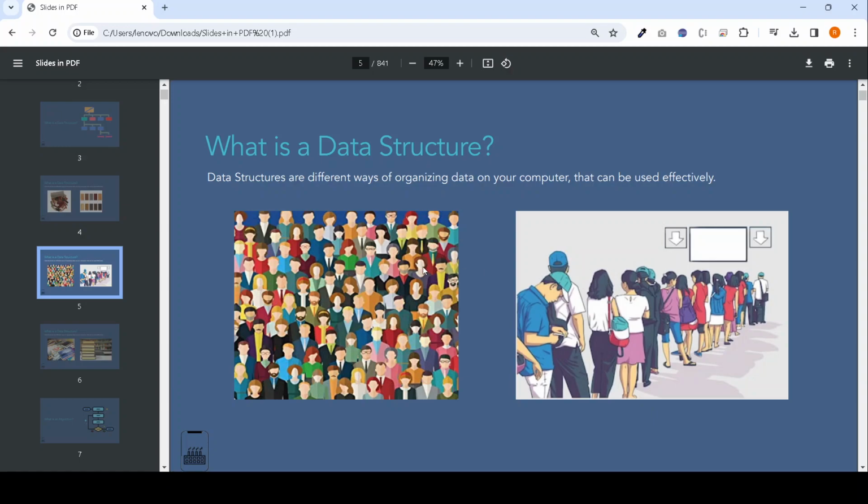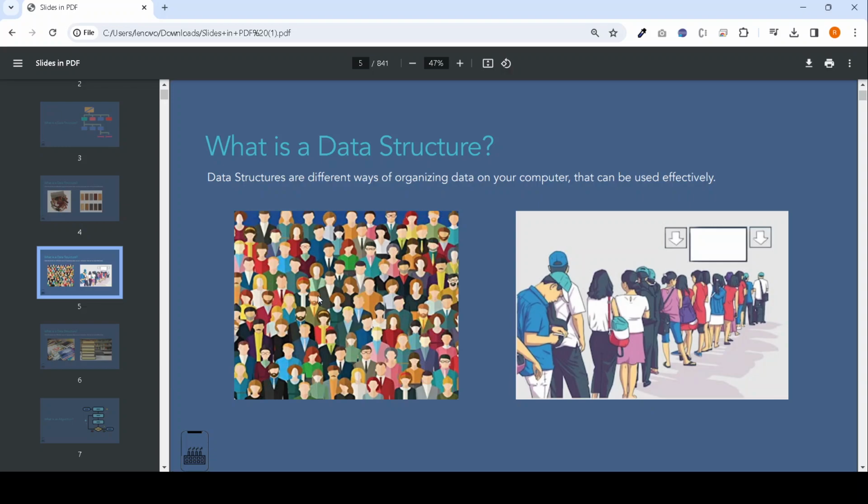But in the first image we are not able to serve each person one by one because they are not in an organized way. These are just a crowd.